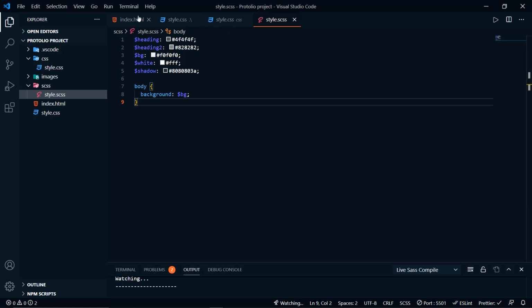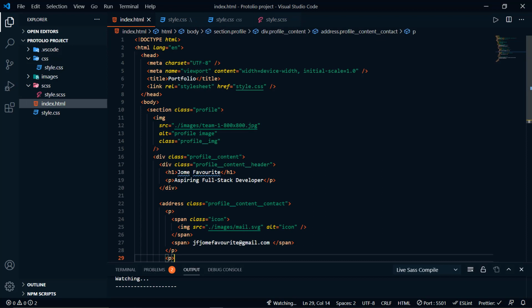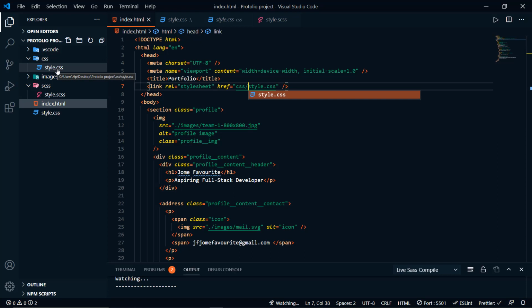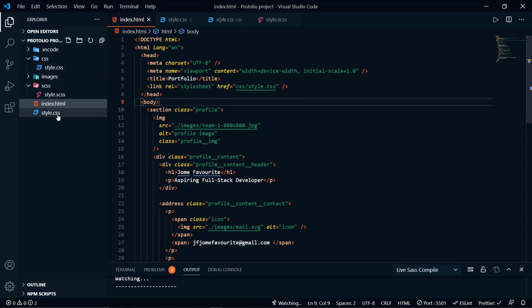Now what to link? I want the style to be linked to the new CSS file, which is this CSS file right here, instead of this one, because we're not going to be using this anymore. So now, next thing,